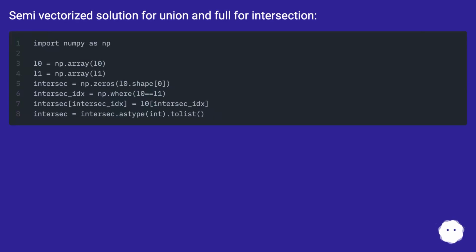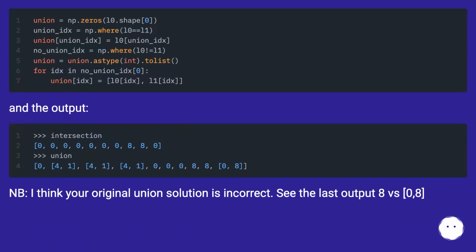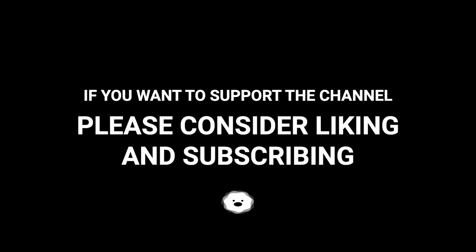Semi-vectorized solution for union and full for intersection. And the output. NB, I think your original union solution is incorrect. See the last output, 8 versus 0, 8. What is the